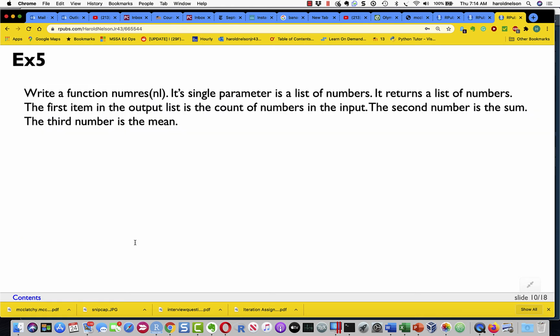Write a function numRes of NL. The single parameter is a list of numbers. It returns a list of numbers. The first item in the output list is the count of numbers in the input. The second number is the sum, and the third number is the mean. And this basically exercises all of our accumulation patterns that you saw in Severance's video on